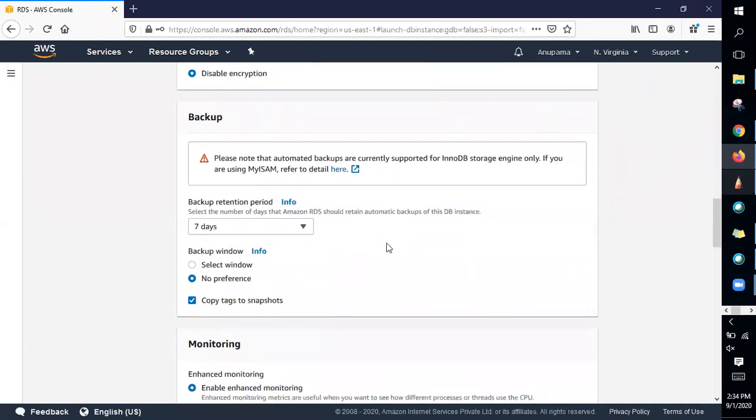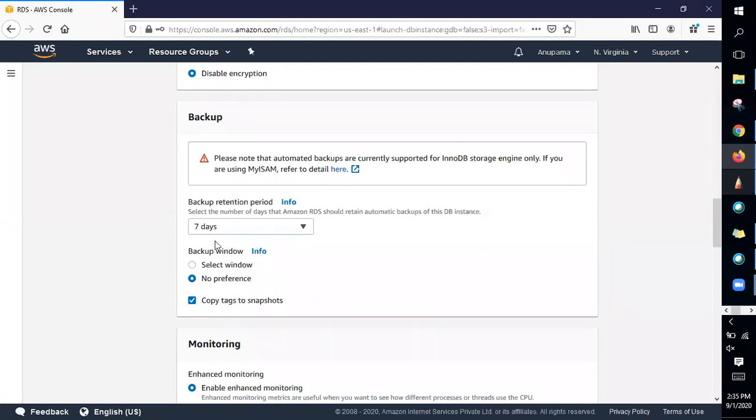And coming to the backup, so as soon as you create a database in RDS, every day AWS would create a backup for it for free. Yes. Every day it creates an automated backup. Okay. So here you would be defining for how many days you want to keep that backup, the retention period. Okay. So by default, AWS creates an automated backup every day as soon as you create your RDS instance.